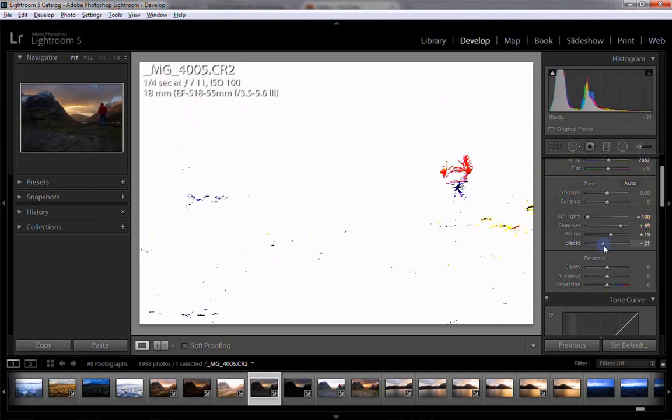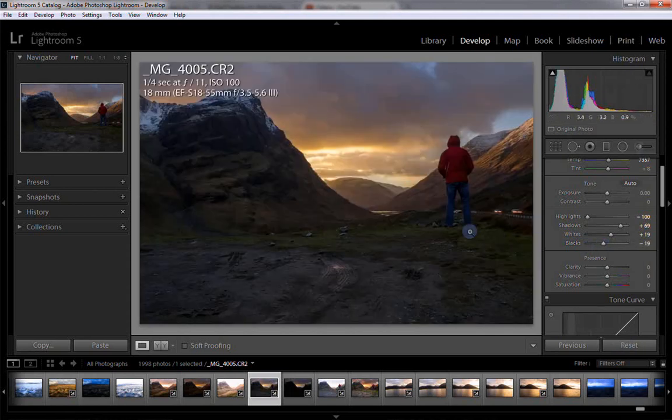Don't worry too much about the marks coming up for the black. You're not going to lose the information in those areas. It just darkens the dark areas. Alright,